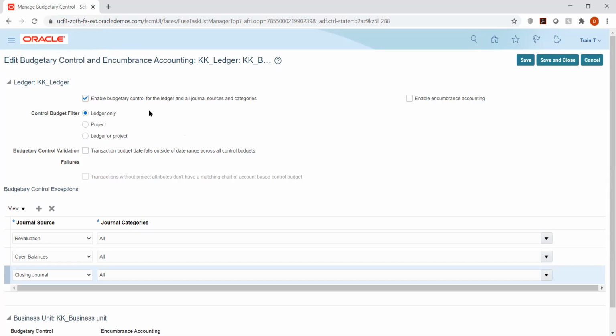But when you say budget filter, exactly what is it? I mean, in the sense, is it a specific